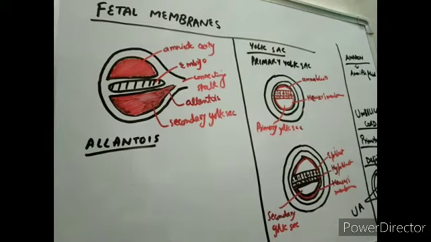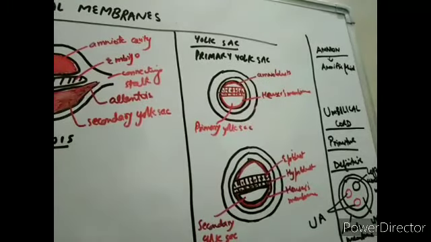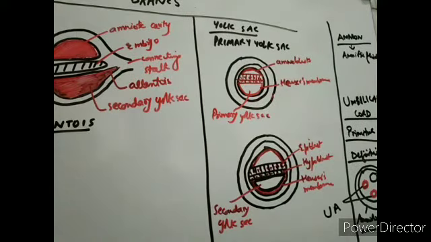Then yolk sac. So basically there is primary yolk sac, then it gets converted into secondary, then tertiary yolk sac is formed. So the primary yolk sac is basically